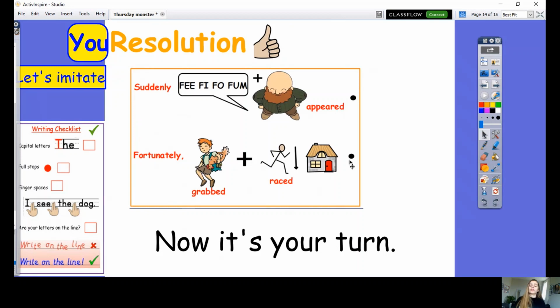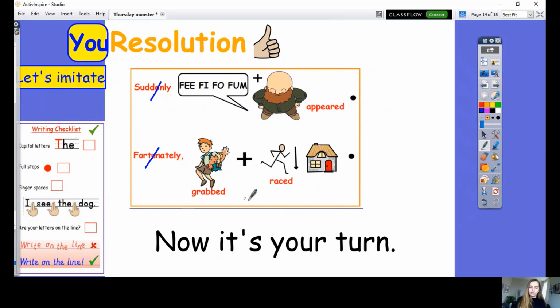Fantastic. Now it's your go to write your resolution. You are not having our sentence starters, so let's cross those out. But everything else is still the same. So you should have your story map to help you on the screen, your vocabulary list ready with all your keywords, and also your description of your giant to help you. And don't forget, if you really want to challenge yourself and be really creative, write another sentence after the first one all about the giant and what he or she is like. I would love to see how creative you can get with our monster.